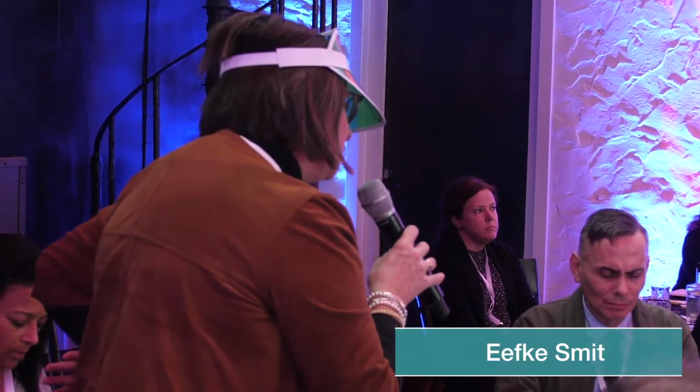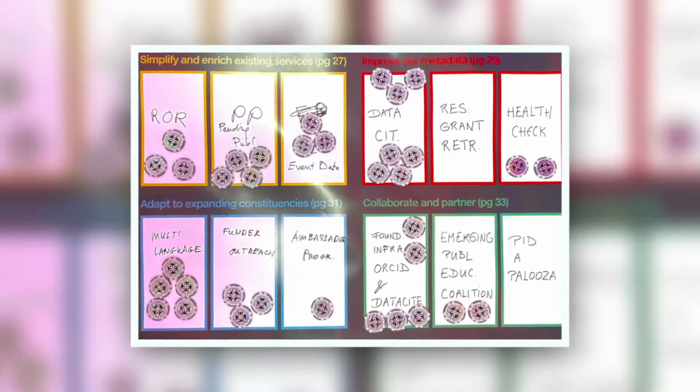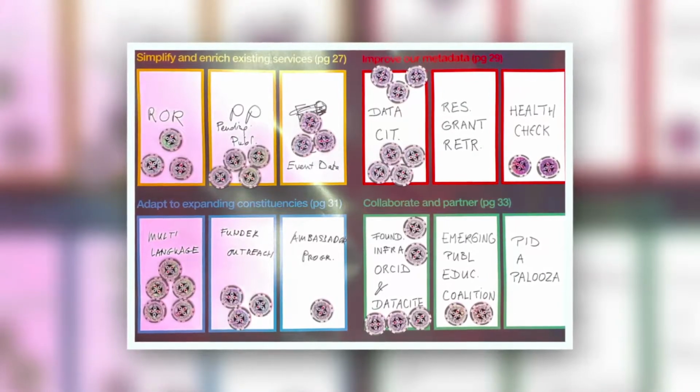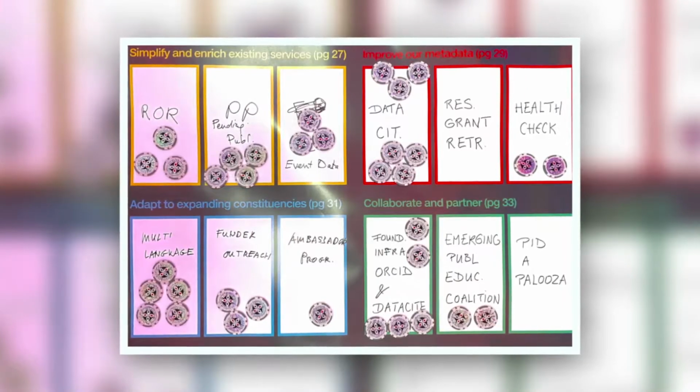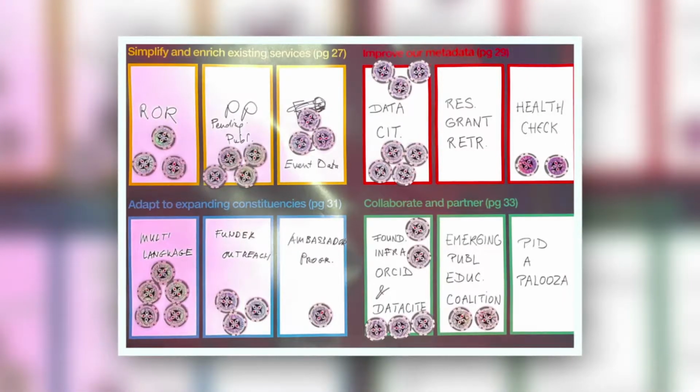On table 10, red is the big winner. Most of the chips are on data citation, 7 in total. And immediately next is 5 chips on a related topic in green, and that is a foundational infrastructure with ORCID and DataCite. And then the one after that is in blue, and that is multi-language